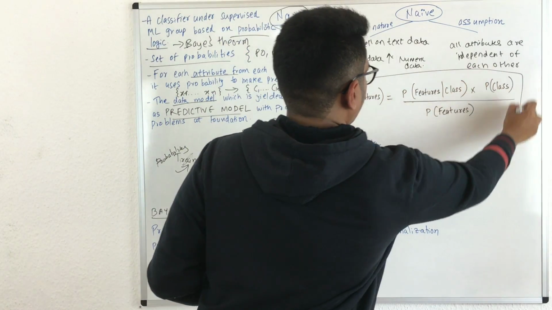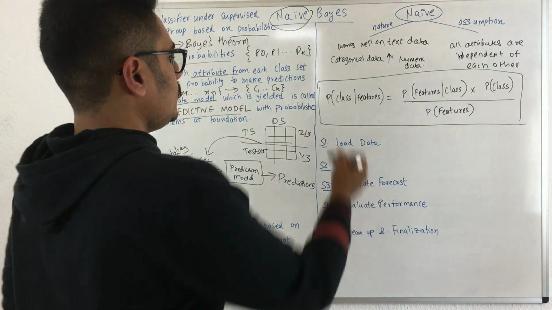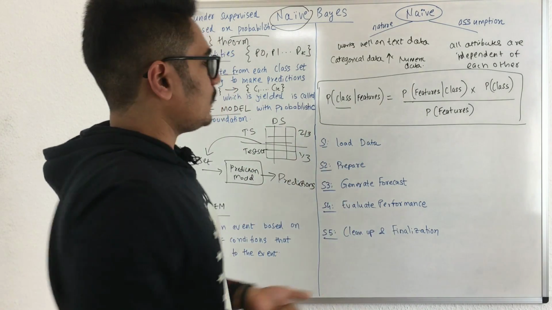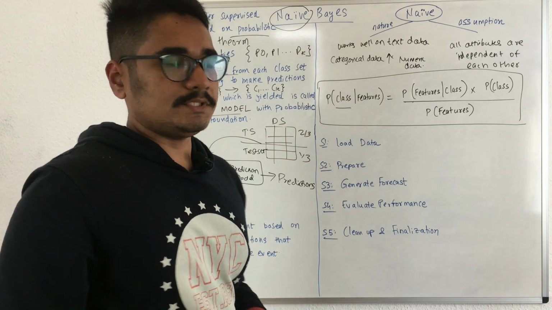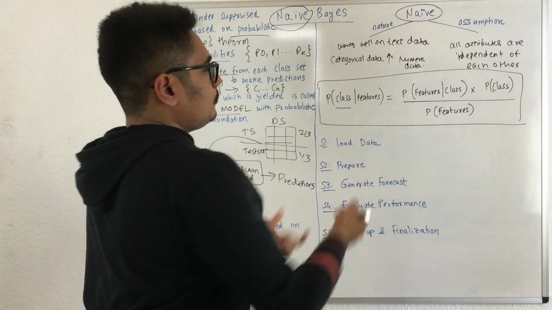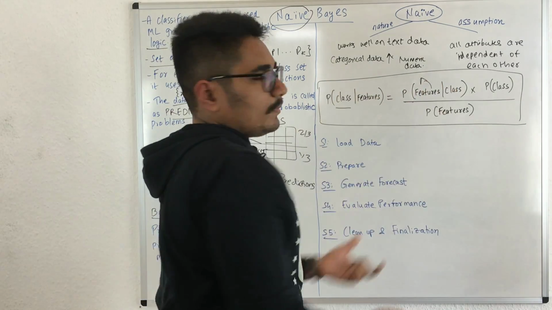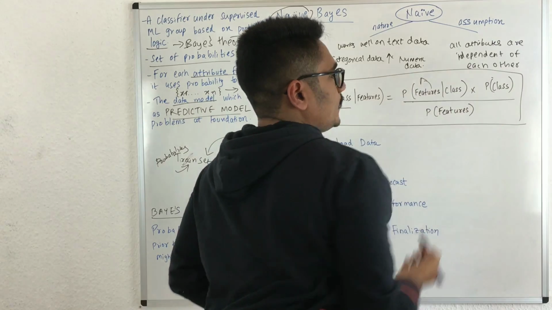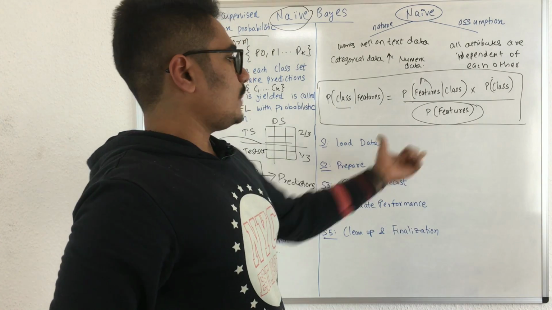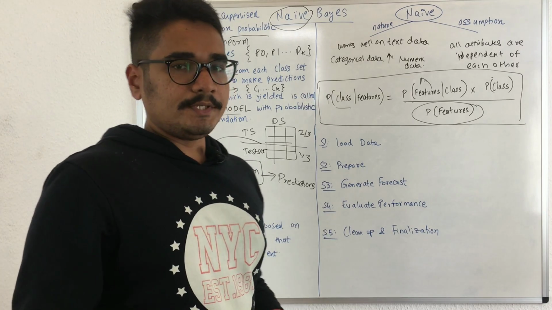This is how the posterior probability is calculated in naive Bayes. You can understand this as calculating the probability of the class given that you already know the features. So it's the probability of the class given that the condition has already occurred. This is the posterior probability, and this is the likelihood, the prior probability of the class which you have, and the probability of the other features which you calculate. With this equation you calculate in naive Bayes and implement it in your algorithm.